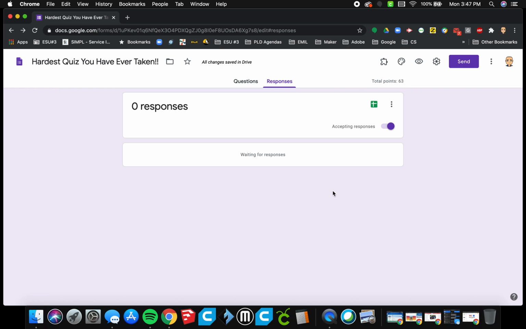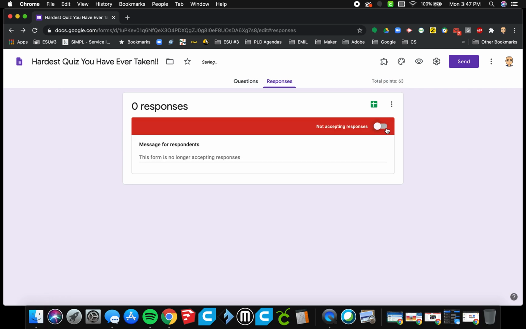So that way you know what students you can work with if they need further instruction or further help. Notice too, you also have accepting responses. If this is toggled on, that means students can respond to this quiz. If that's toggled off, they won't be able to gain access to this quiz. So that might be a good thing to do